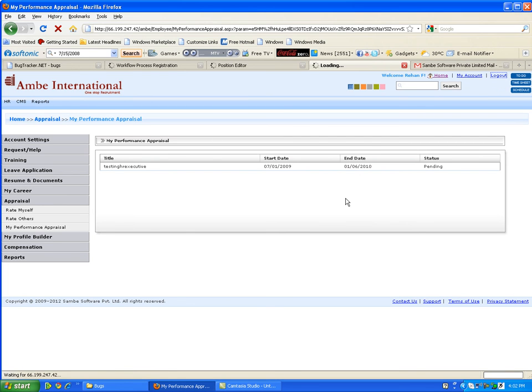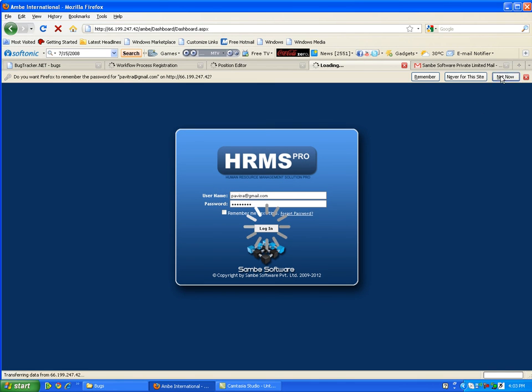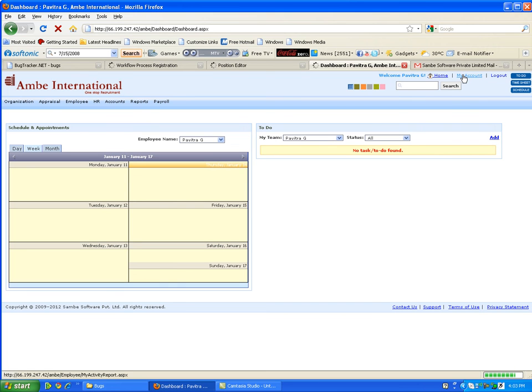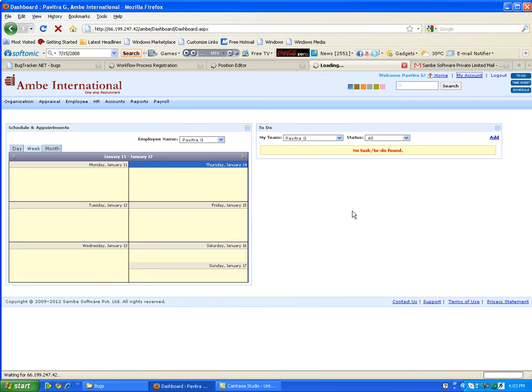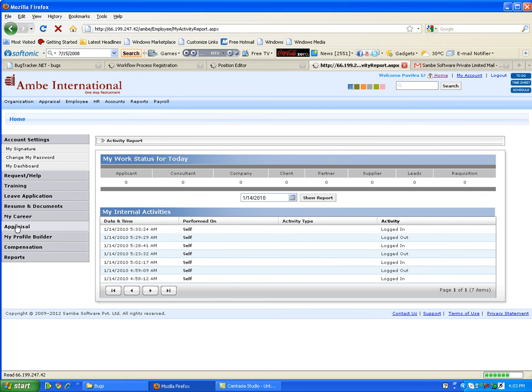Similarly, an HR manager who is allocated the designation of approver, performance appraisal approver, can log into the application, go to his My Account, that is ESS. Under the Appraisal menu,